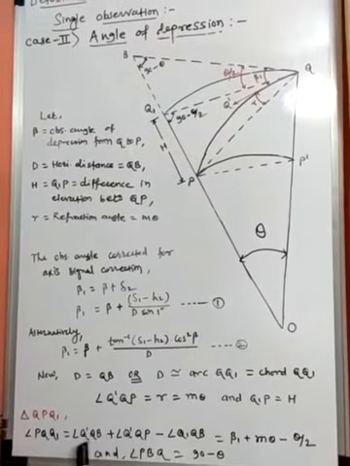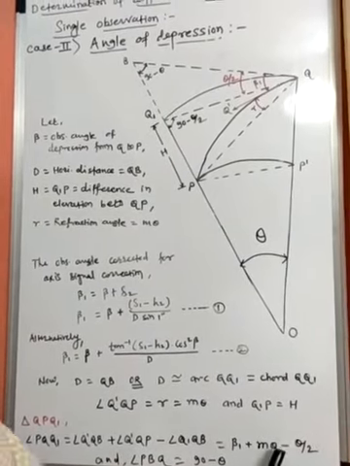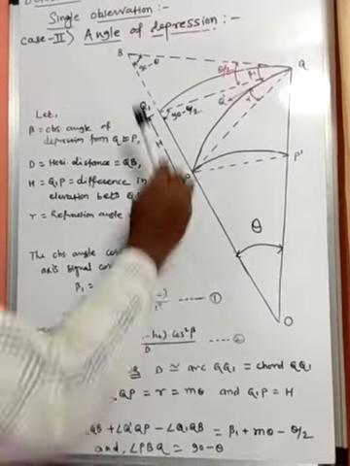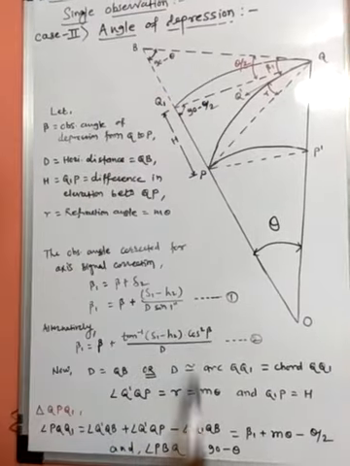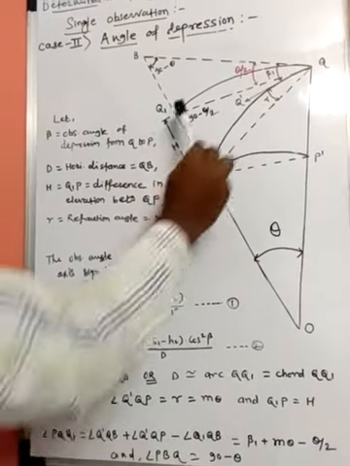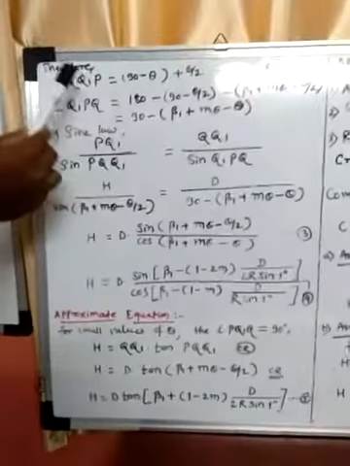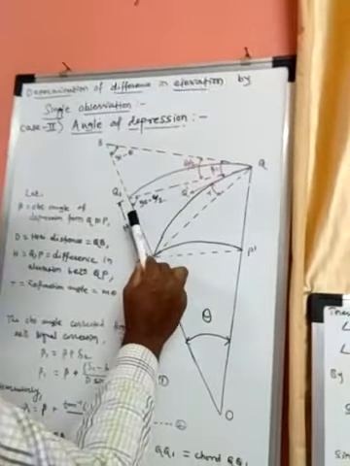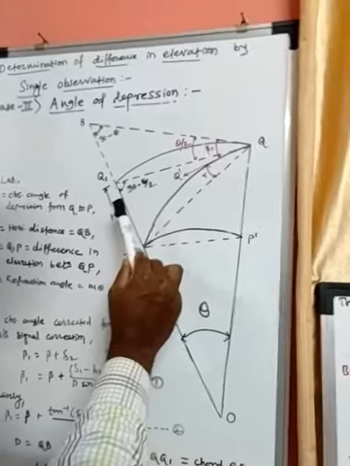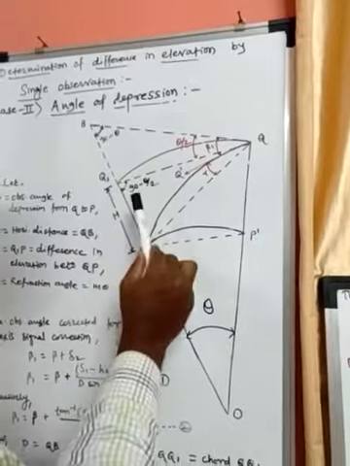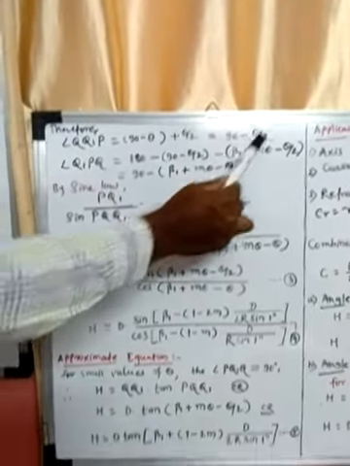I am writing here beta 1 plus m theta minus half of theta, that is the curvature effect, and the angle PBQ will be 90 minus theta. So this will be the angle. Therefore the remaining angle, Q1P. Where is Q1P? This one angle. So Q1P is 90 minus half of theta, plus this curvature effect. This half theta, so we get 90 minus half theta.